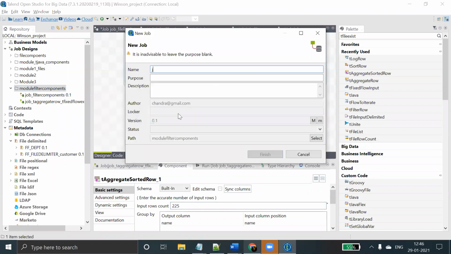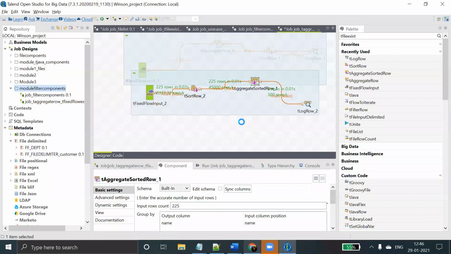Create a job, job_tUnite_example, then finish.